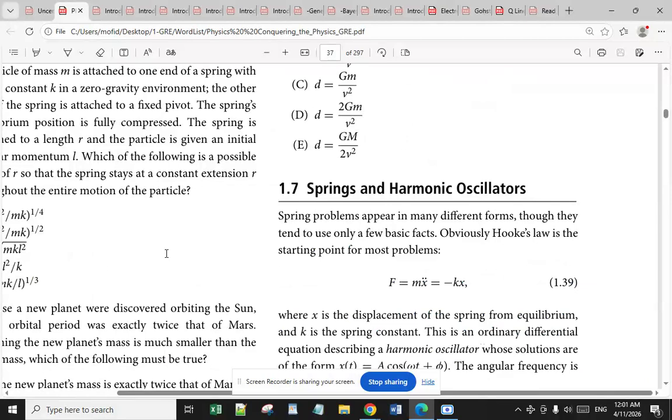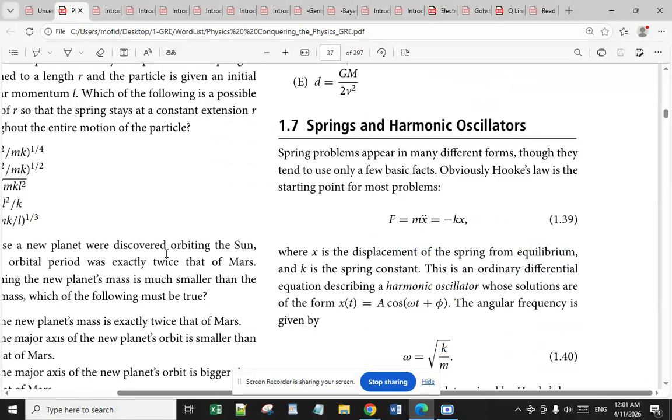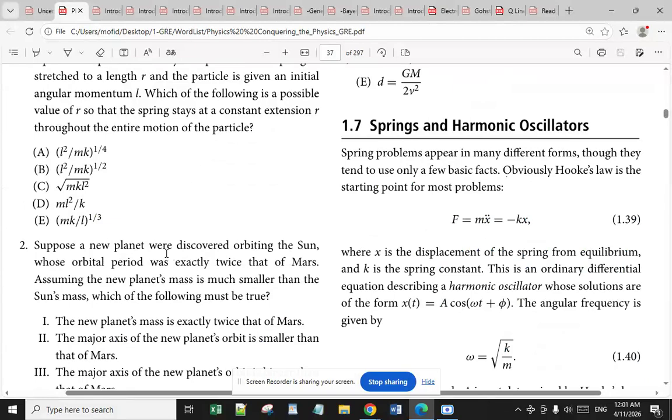After reviewing the orbits, I want to go to the next section, 1.7, springs and harmonic oscillators. Spring problems appear in many different forms. True, they tend to use only a few basic facts. Obviously, Hooke's law is the starting point for most problems, where F is equal to